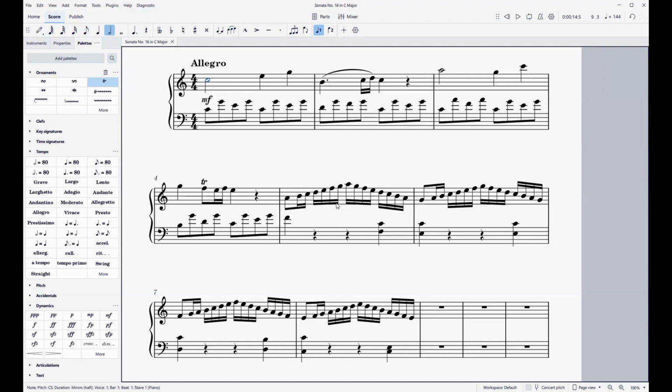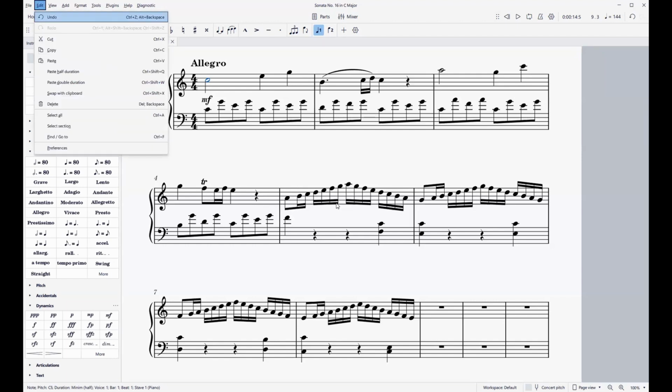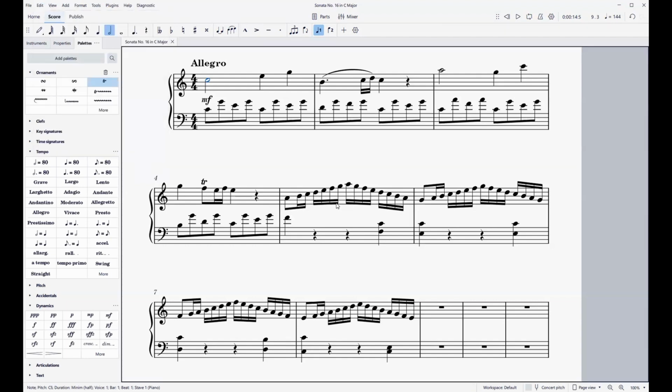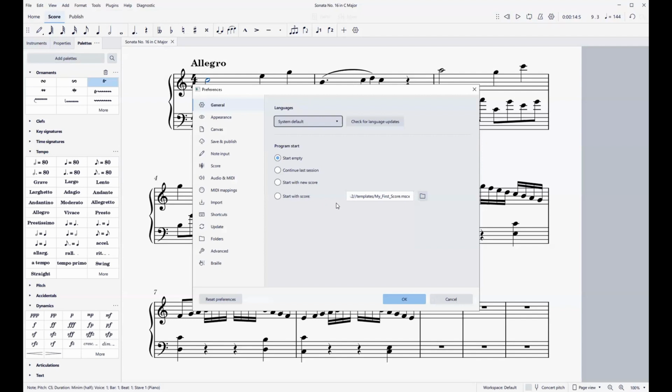MuseScore preferences are available in the Edit menu, so Alt-E for the Edit menu. The first item, just like in many programs, is Undo. Preferences is actually at the very bottom of that menu, so I'm just going to arrow up once. Preferences. And press Enter. Preferences window. Languages panel. System default combo box. All right, we are in one of those wonderful dialogues where you have gazillions of options